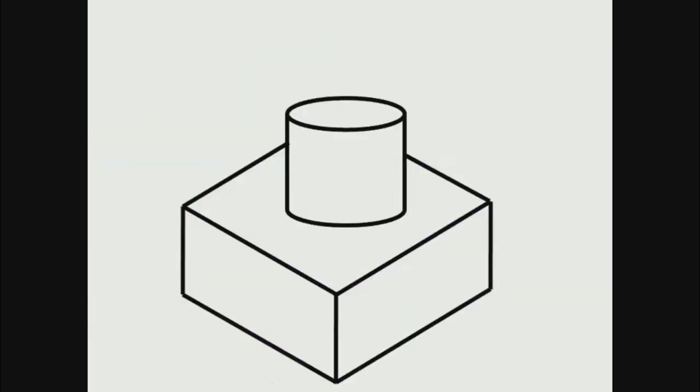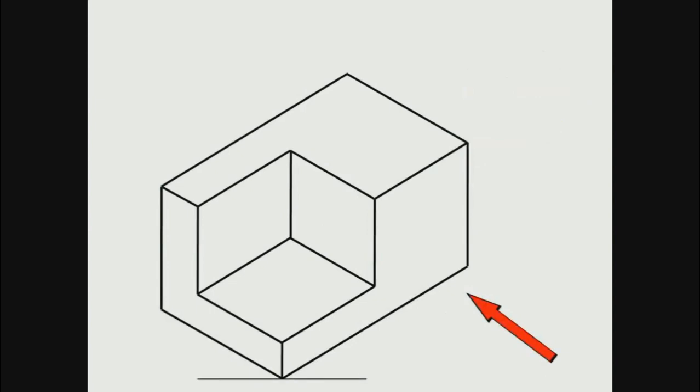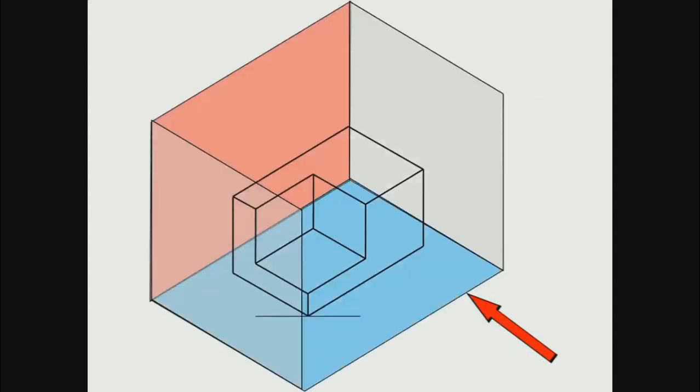In order to describe maximum features of the object, sometimes two views of the orthographic projection are not sufficient. We have to draw side views in addition to the front view and top view of the object. Front view will be drawn in the direction of arrow given. After projecting the object on planes of projection,